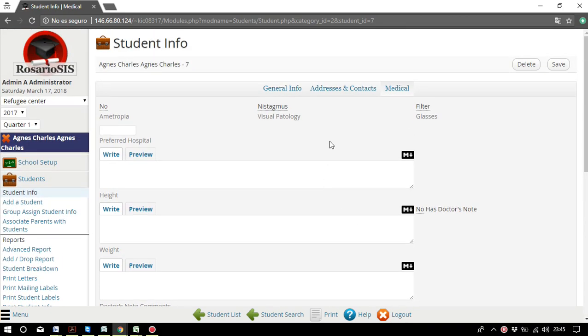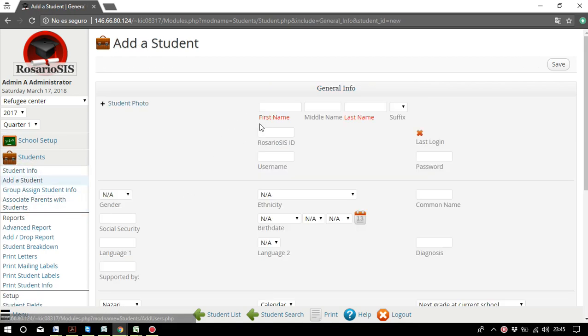Okay, so it's really easy. We just have to click on the information, we can edit everything, and we just save it here. Okay, once we save it, everything goes to the original status. Here we can add new students, and we can just put inside the information. We can assign